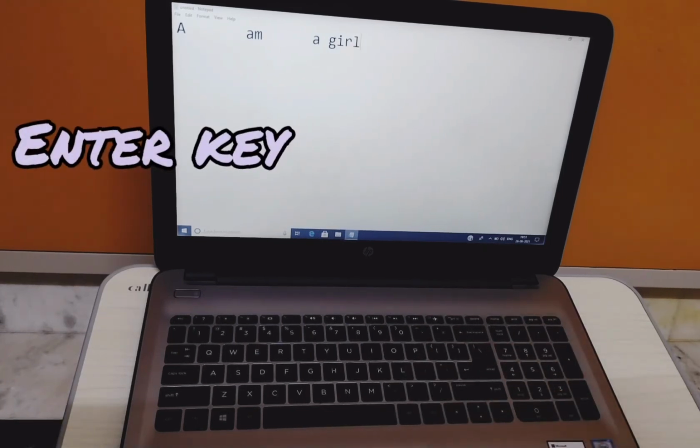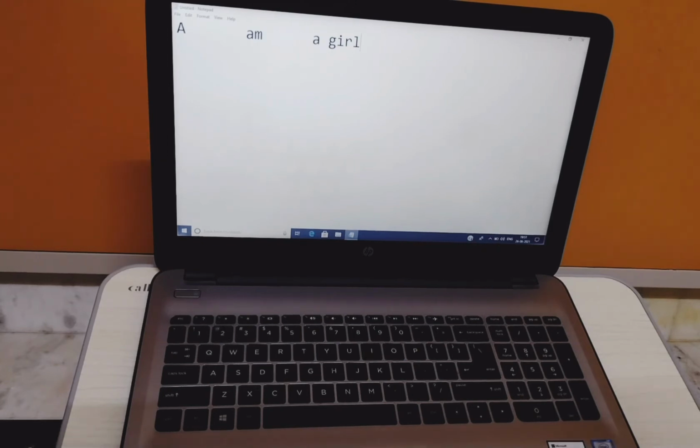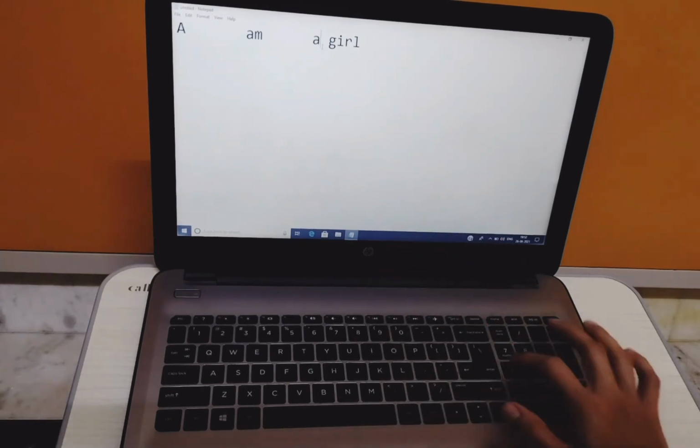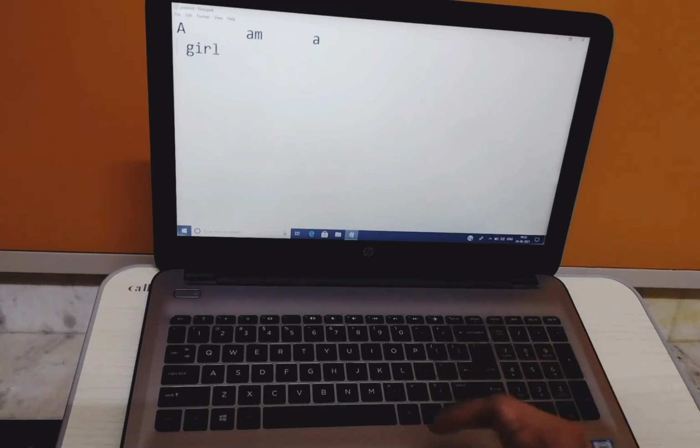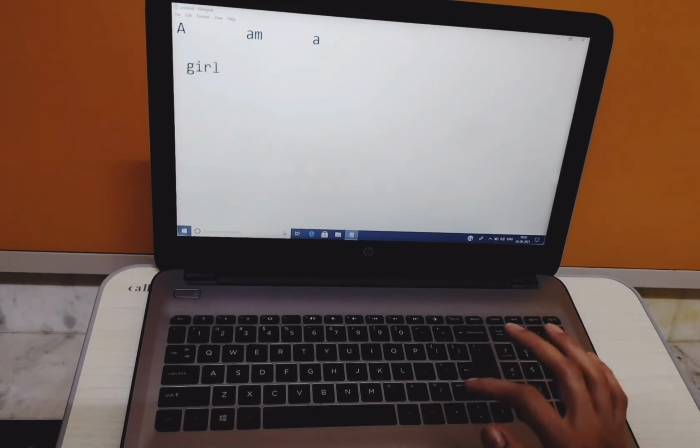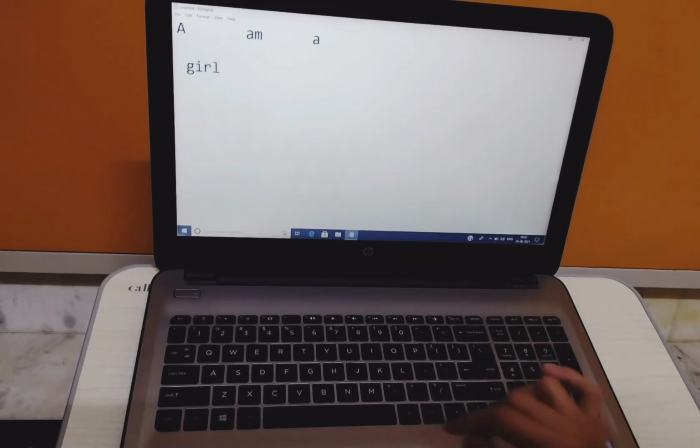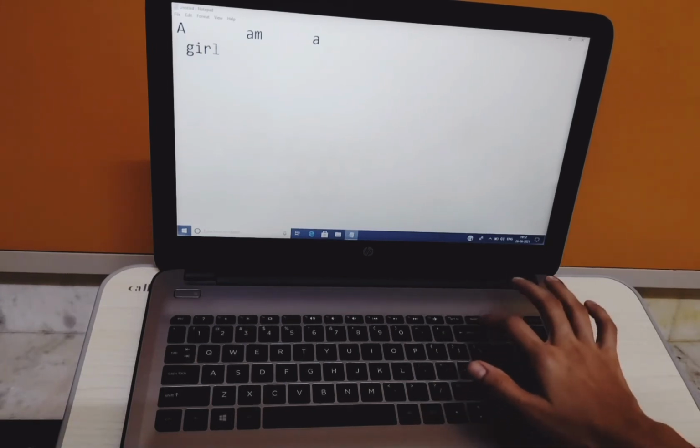Now comes the enter button. What is the use of enter? Enter is specially used if we want to enter somewhere. Here also, if you want to open something in your laptop, then you can press the enter button, and here in the notepad, it will work like this. See, my cursor is here now. If I press the enter button, then it will go down. Got it? And if you want to go back to the position of this word, then you have to press backspace.